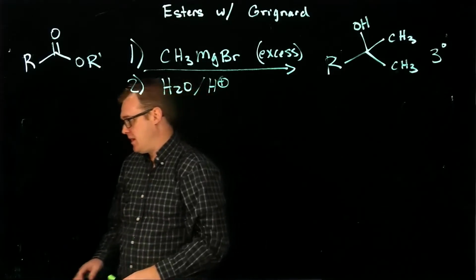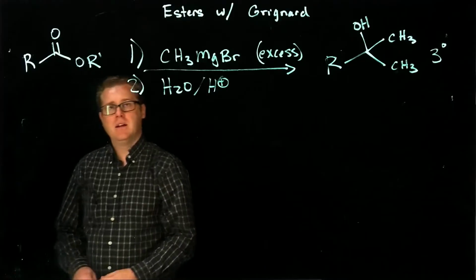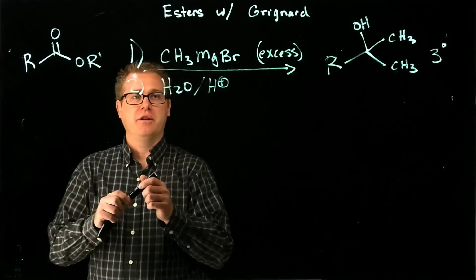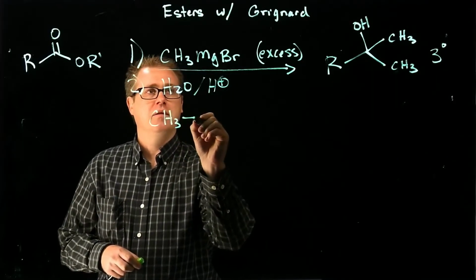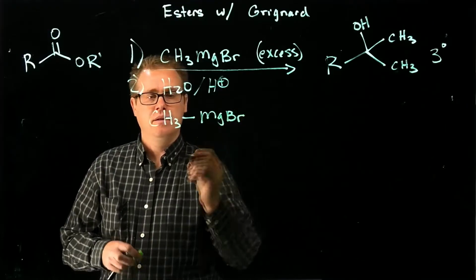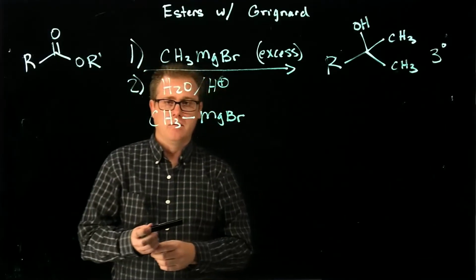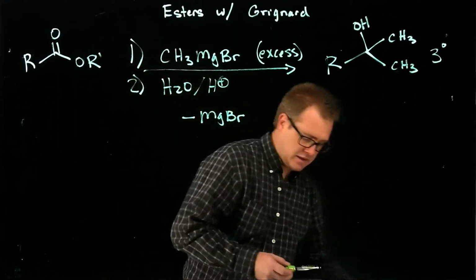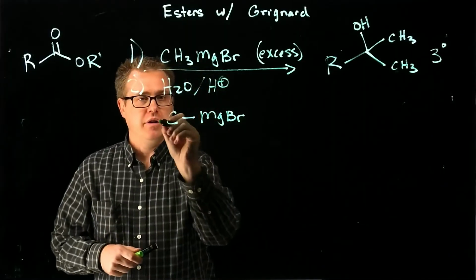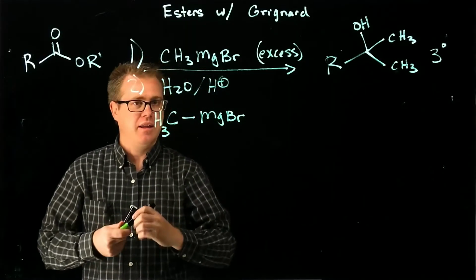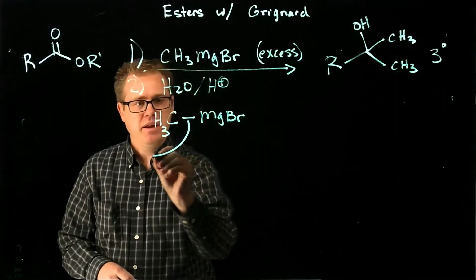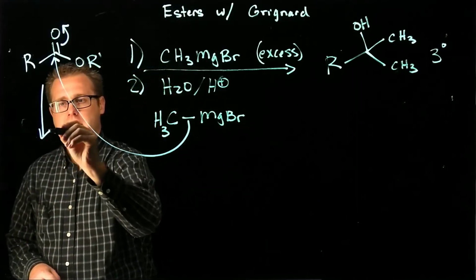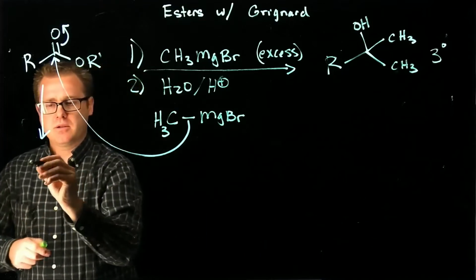So the mechanism is very, very similar, in which if we draw out our Grignard like this, or so we don't confuse ourselves, it's actually bonded to the carbon and you have the 3 hydrogens right there. This bond is going to come in and react in that manner. And let's go down this way. So that's going to give us